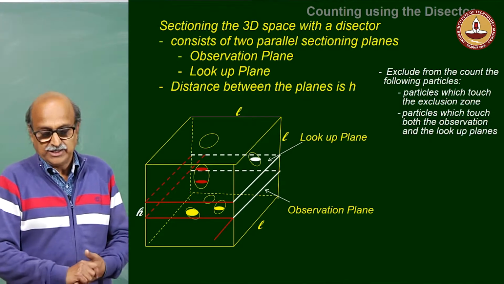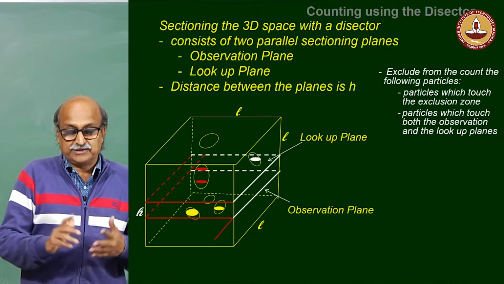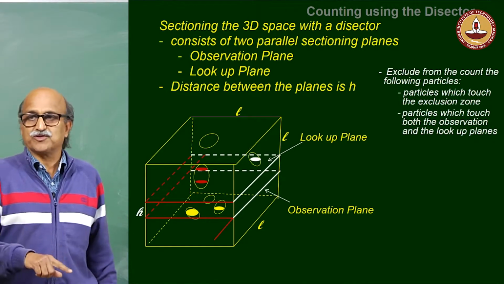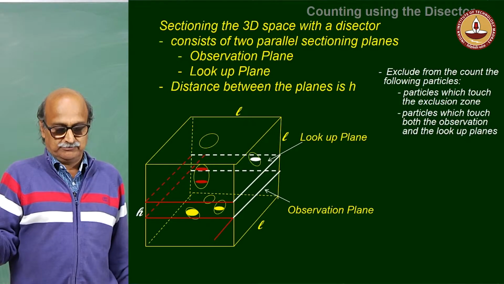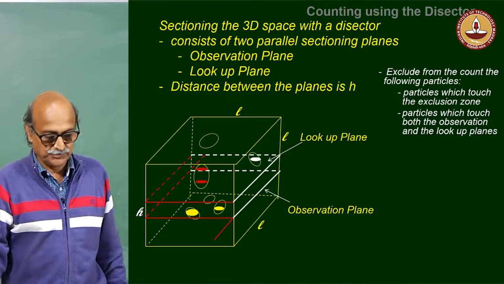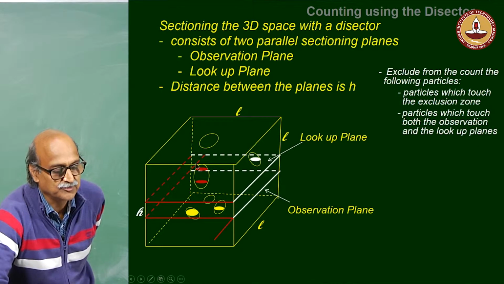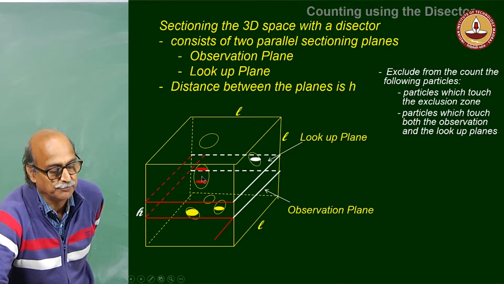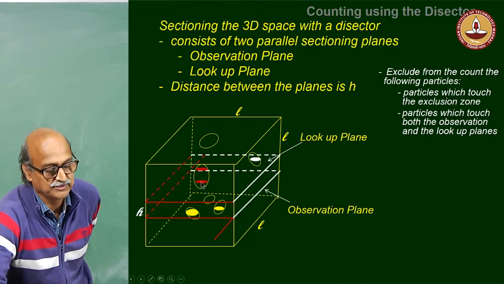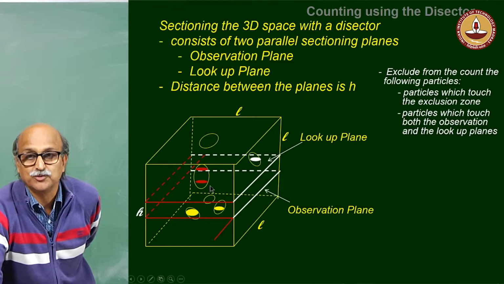Particles which touch both the observation plane and the lookup plane, you have to exclude. So, if I look at this figure here, this particular particle has a section in both the planes. In the observation plane, the section is here, in the lookup plane, the section is here. This particle will be excluded from the count,